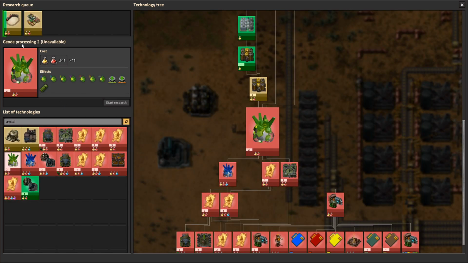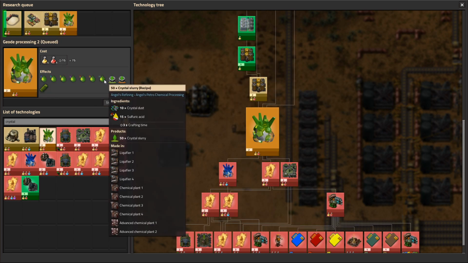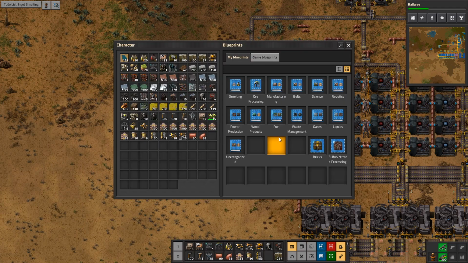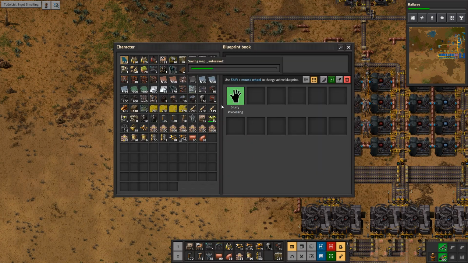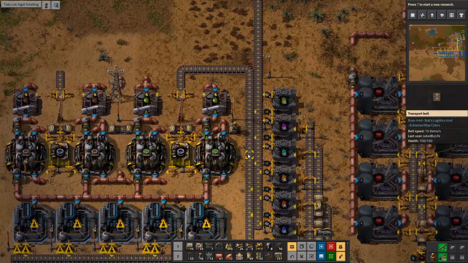Here we go. Okay, we need Geoprocessing 2. Geoprocessing 2 is going to unlock this crystal slurry. Alright, and I should have a blueprint in waste management here. Alright, so we've got this system set up for